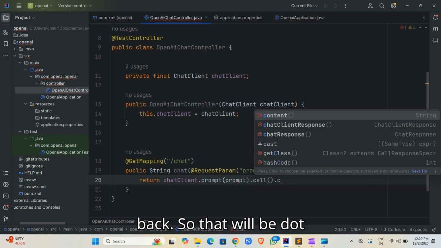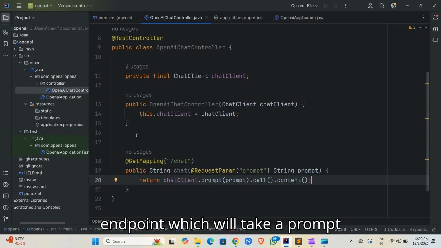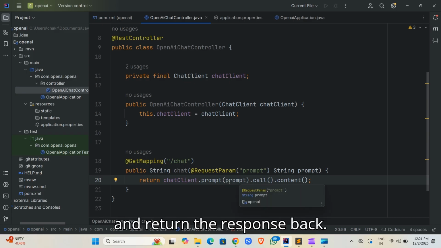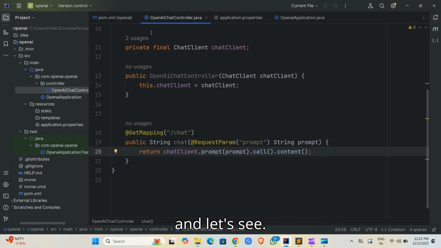So that will be .content. So that's it. I have created an endpoint which will take a prompt, call the OpenAI API and return the response back. So let's run our Spring Boot application and let's see.